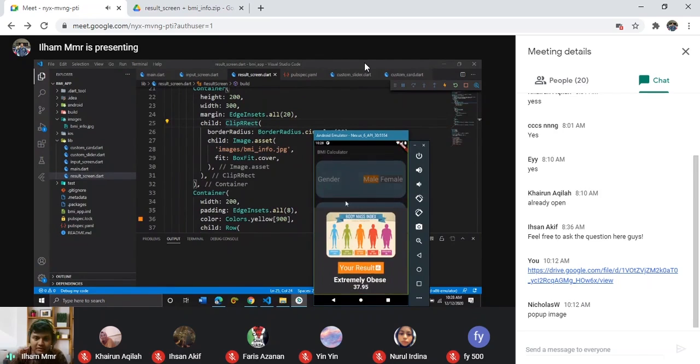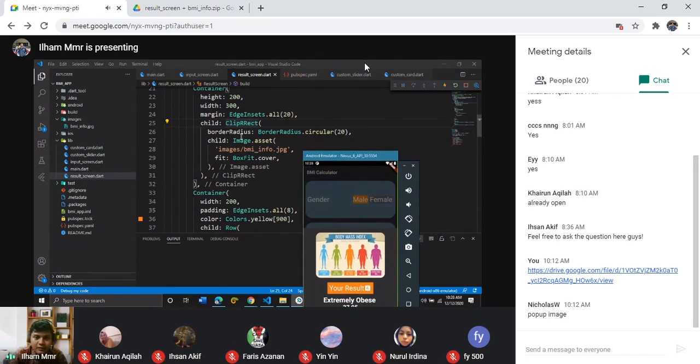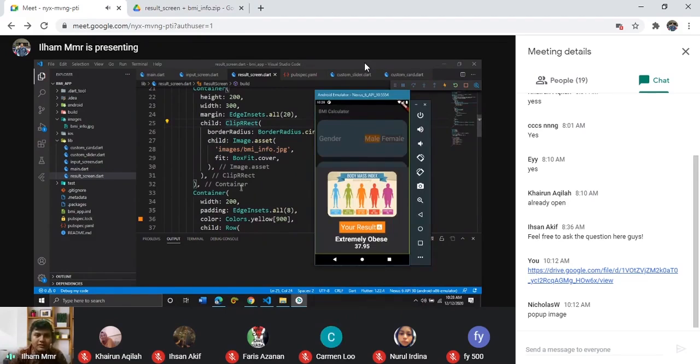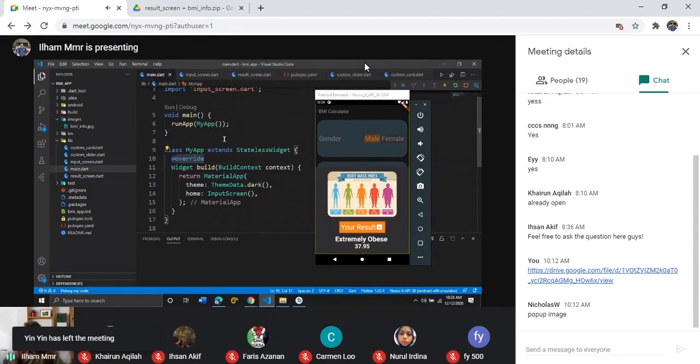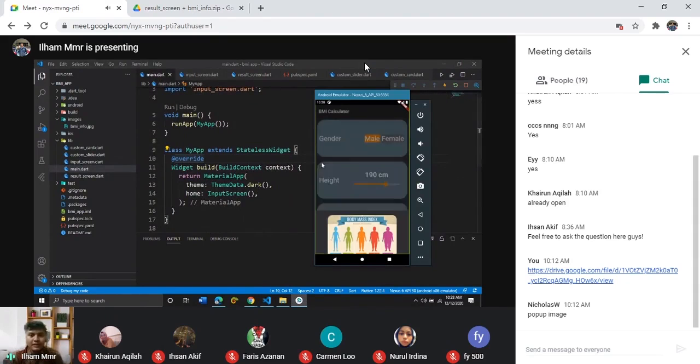See, rounded edges. And with the help of the borderRadius parameter as well, we set how rounded it is to 20. Okay, I will give you a link to the complete BMI app,